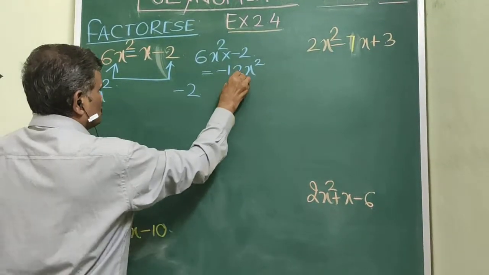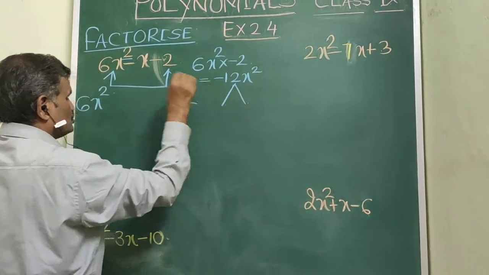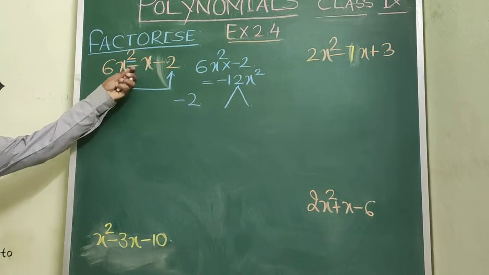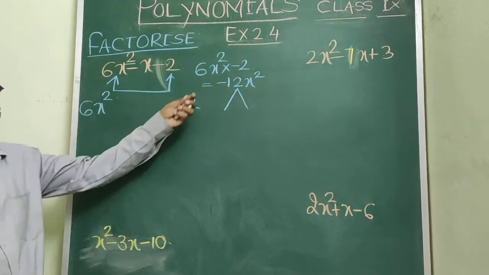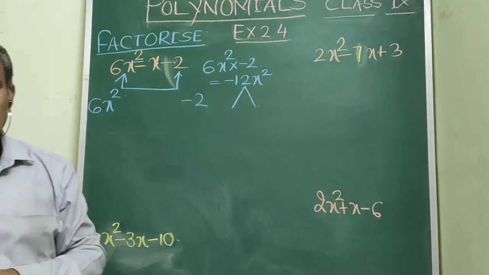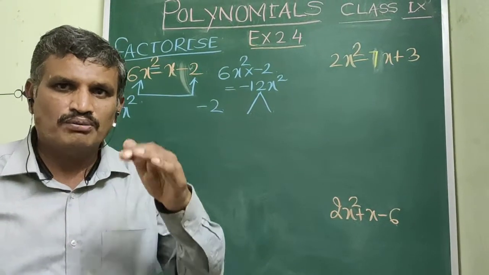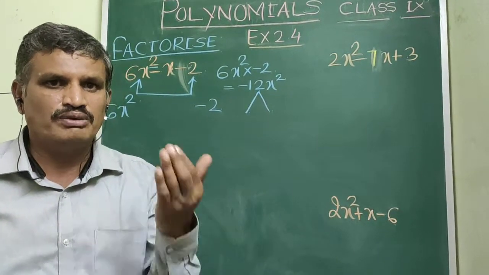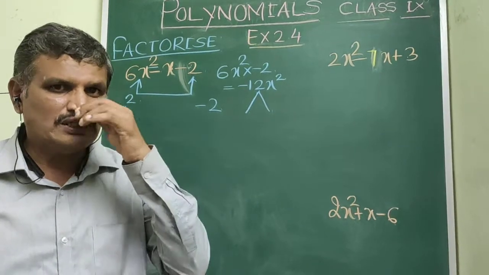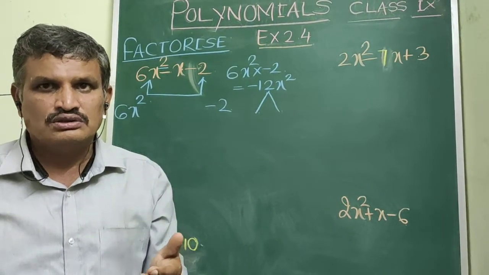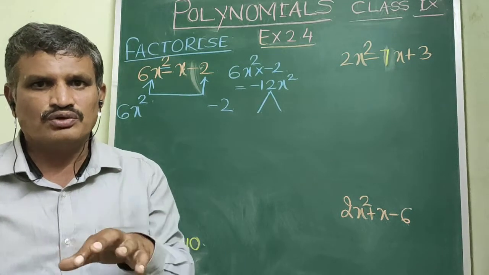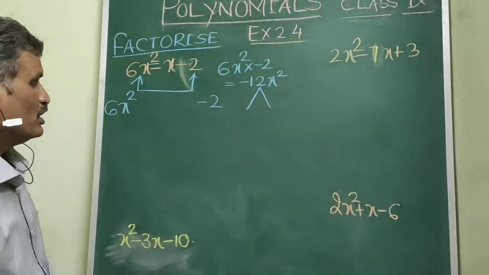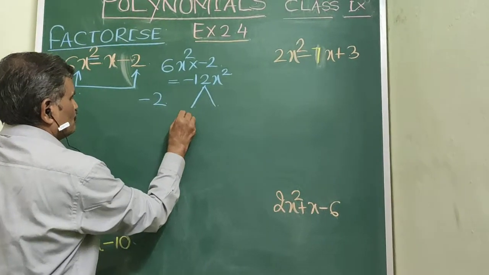Now you have to search for factors of 12 such that on adding or subtracting you should get 1. So here 12 is having factors like 12 and 1, but 12 plus 1 will be 13 and 12 minus 1 will be 11. Then 12 is having another factor pair 2 and 6. 2 plus 6 is 8 and 2 into 6 is 12. It is of no use.